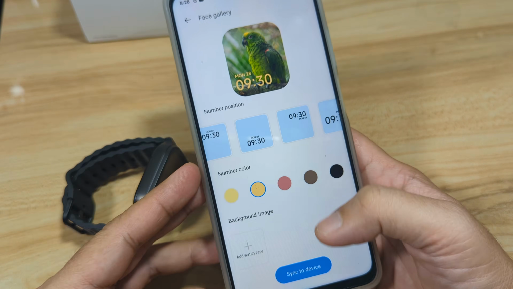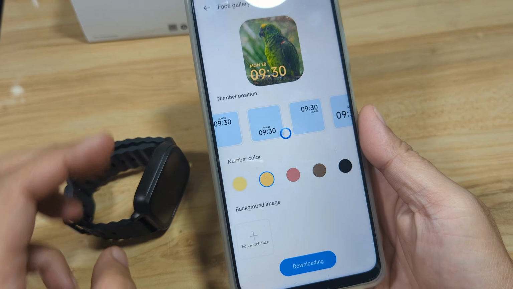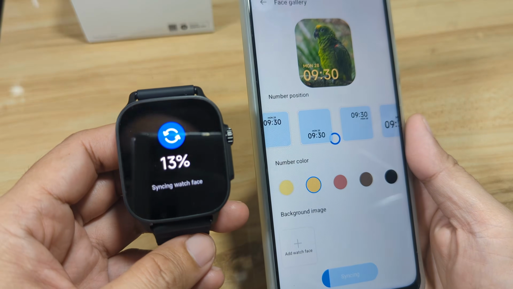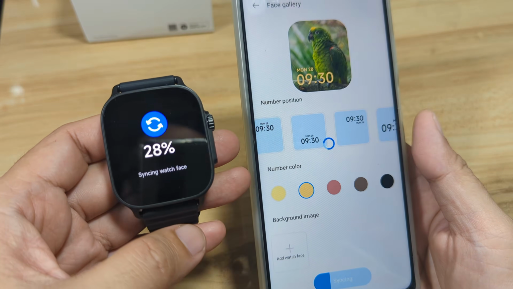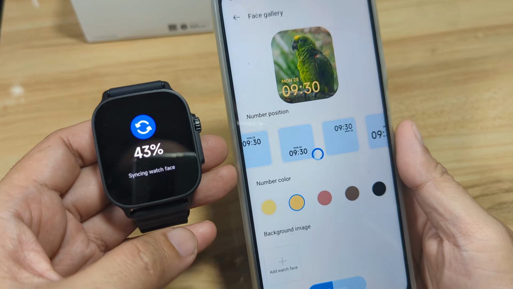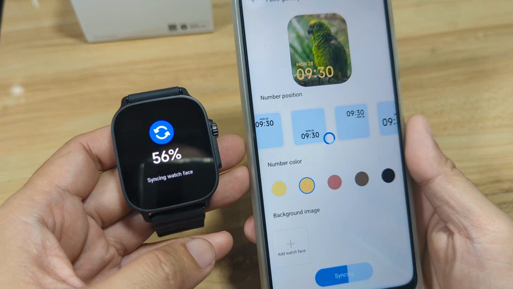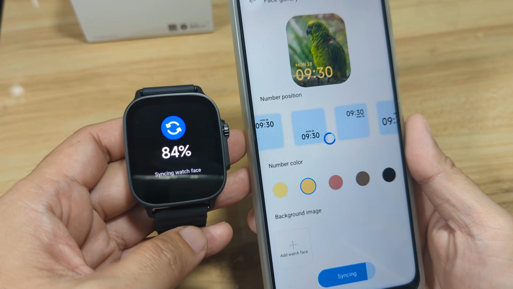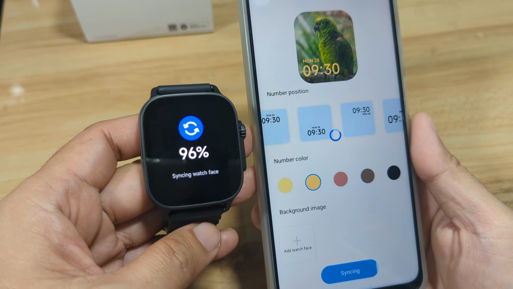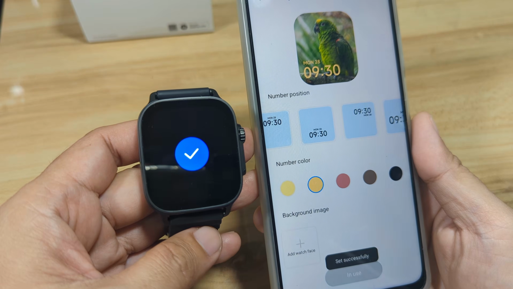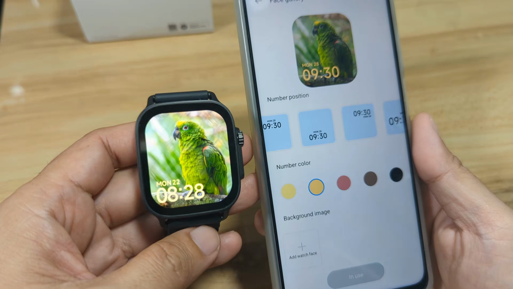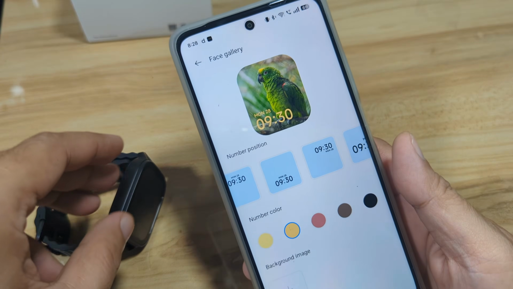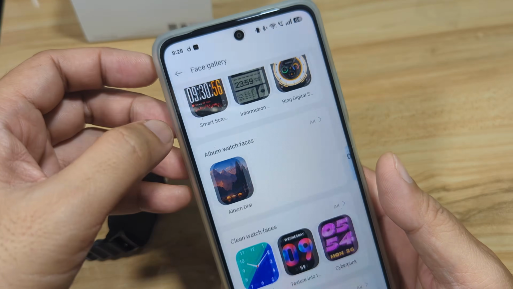That's it. Then select sync to device, and we have here our smartwatch again synchronizing with a custom wallpaper or watch face. Let's wait. And that's it for our custom wallpaper or dial for the Realme Watch 5.